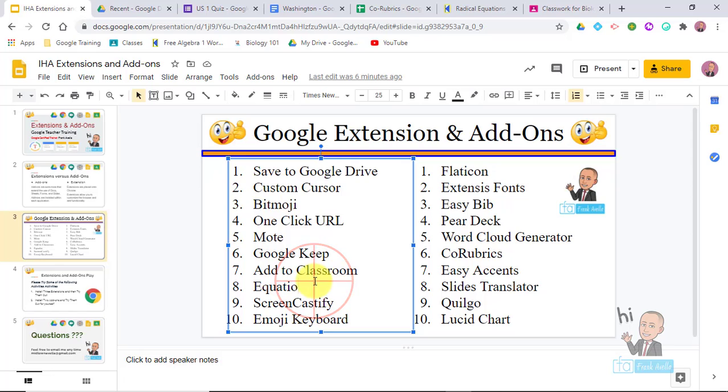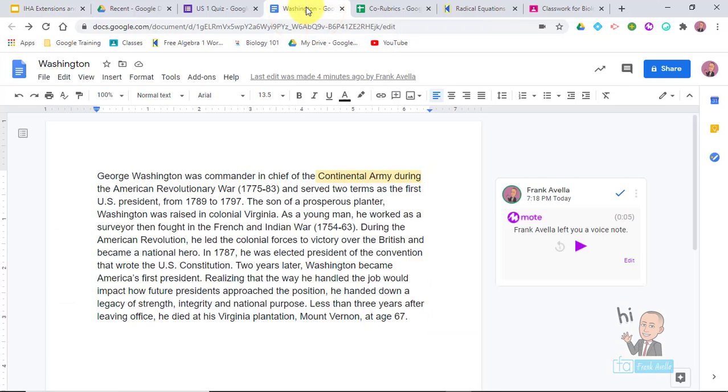All right, Equatio. This is your math people. All right, I like Equatio. I'm gonna go to a worksheet here. This is a history one, but we'll use it for some math here. Now, let's say you want to enter in some math typing and things like that. You can go to the Equatio extension up here. I'm going to click this,